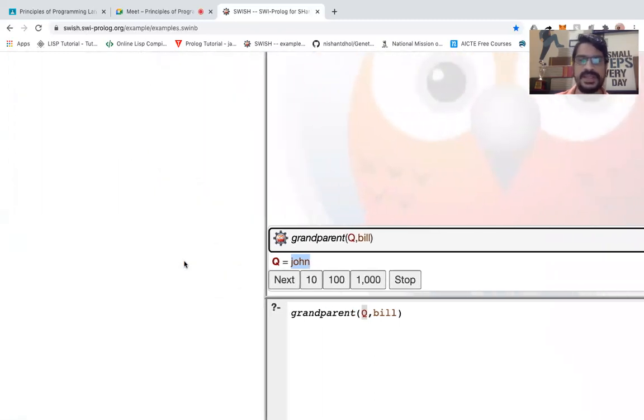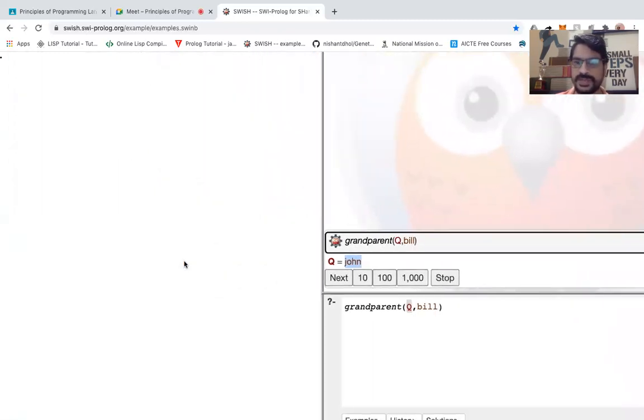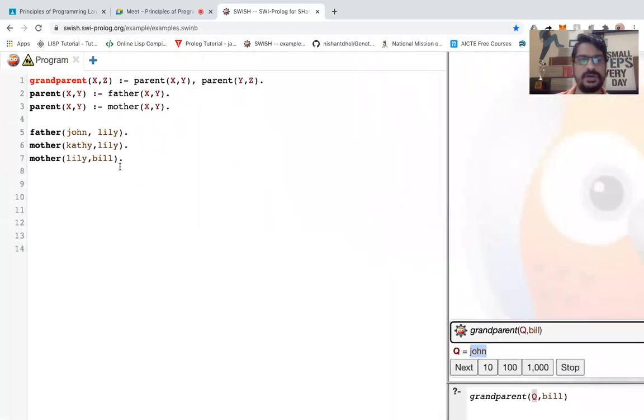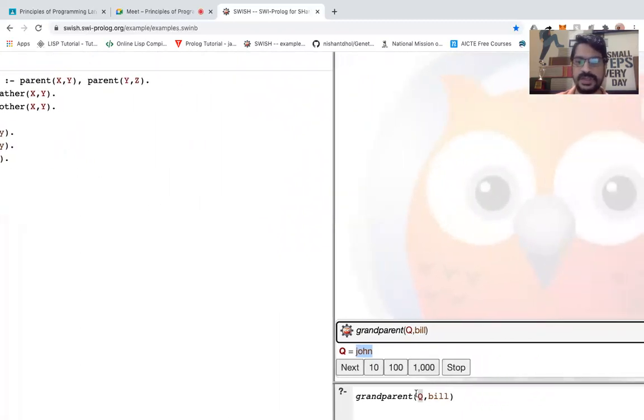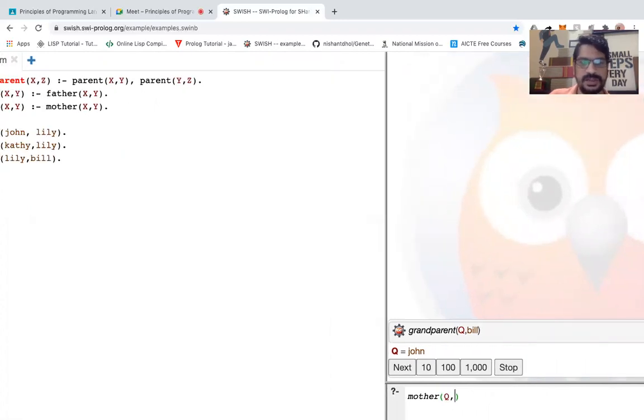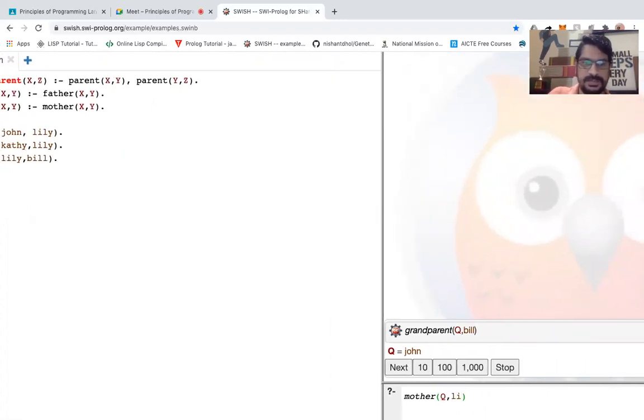In the same way, we can put some other queries also. What can we ask? We can ask who is the mother of Lily. How can you find out who is the mother of Lily? Let's see. I'll write mother, and I'll write who as a variable, and I'll use the constant value Lily.